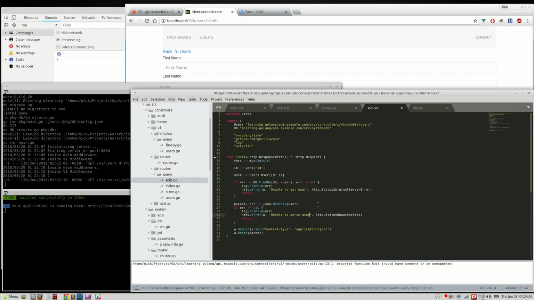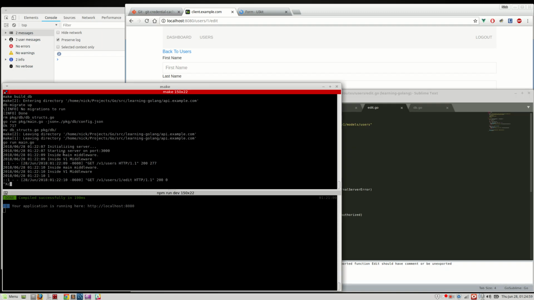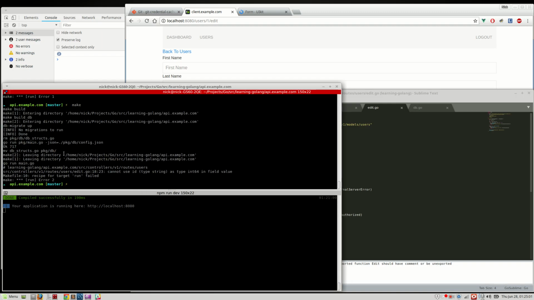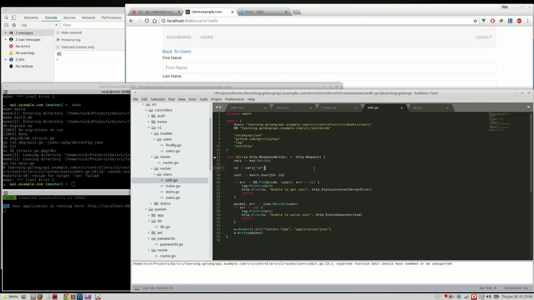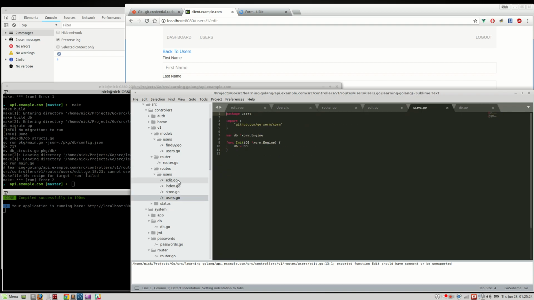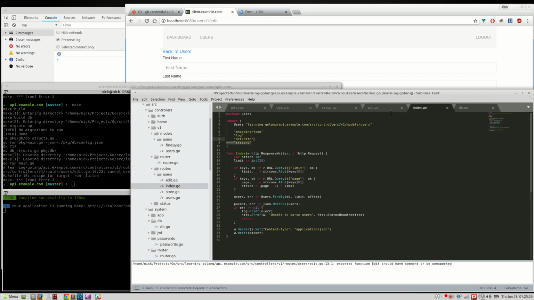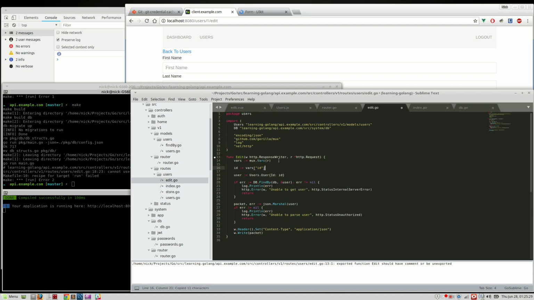There we go. And it'll parse user. Okay. Make. Type string is typed in 64. Can't use ID type string. Oh. We're gonna cast it to int64. So int. Or no, yeah. Oh, actually, we're gonna need that string conversion. So let's go to string conversion to int64. All right. So we need to say